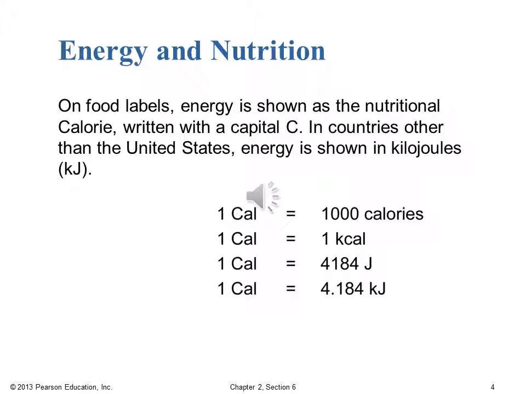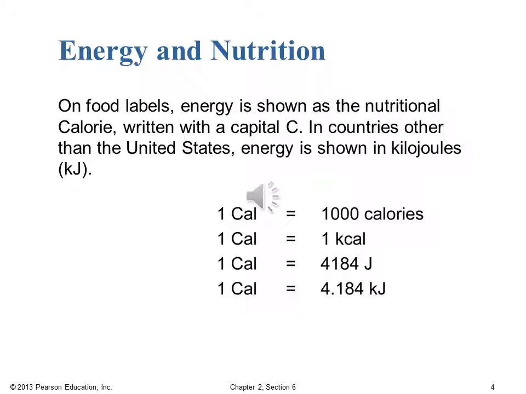So in science, when we use the calorie, we use the lowercase c calorie. So the capital C calorie is 1,000 of those lowercase c calories, or 1 kilocalorie to us. And therefore, of course, one lowercase c calorie would be 4.184 joules. So therefore, one food calorie would be 4,184 joules, or